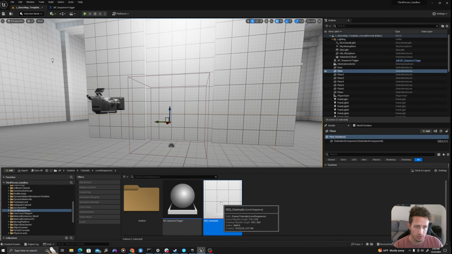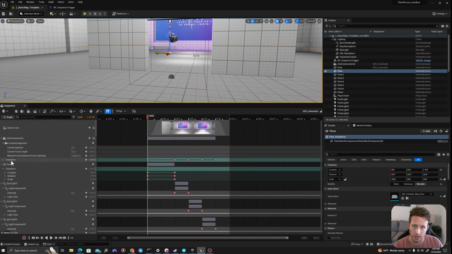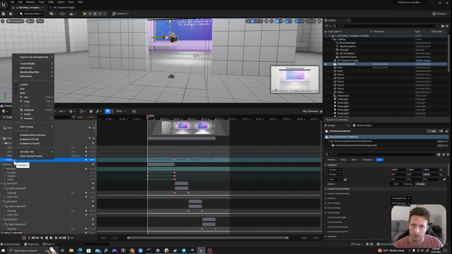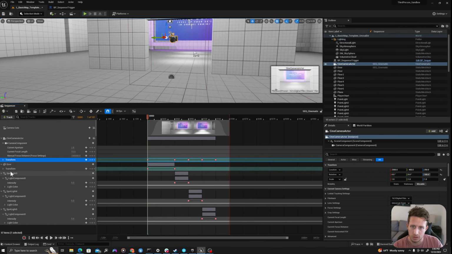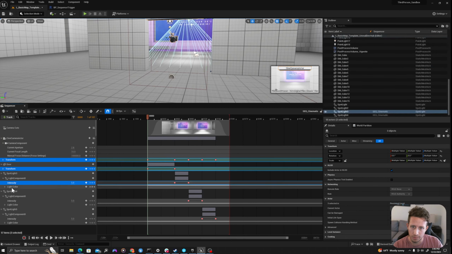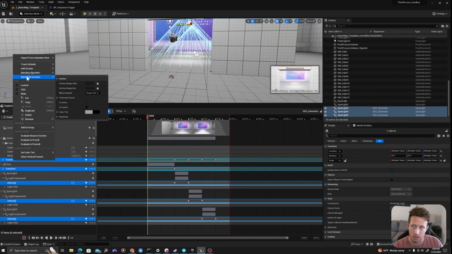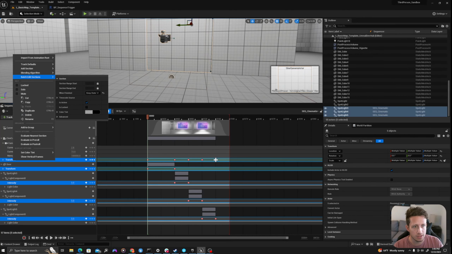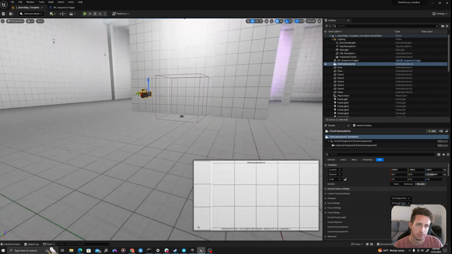In order to make that not happen, what I want to do is select my tracks, and I will select all the things that I've keyed, so my transforms, my intensities. I'll right click and say batch edit sections. And then when it says when finished, select project default and change that to keep state. So that means basically on the last key, when this ends, it will maintain those properties. So let's test that out.